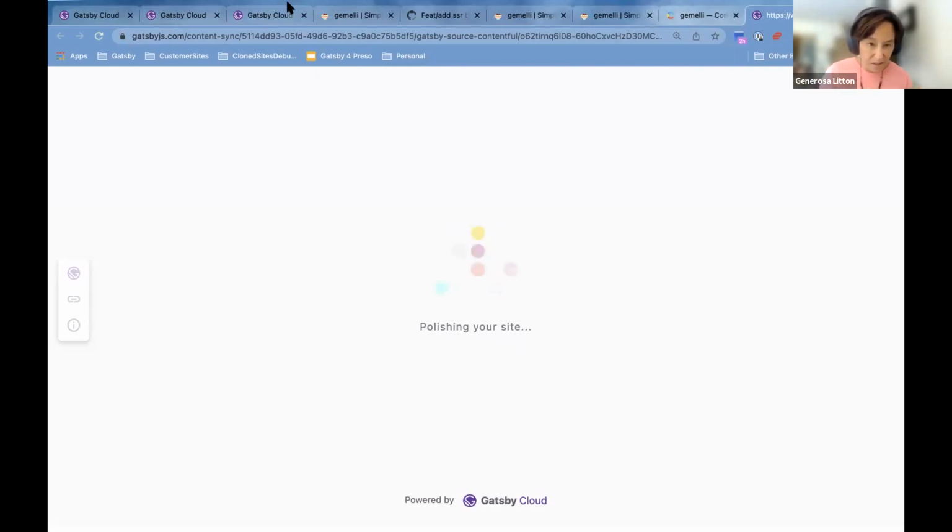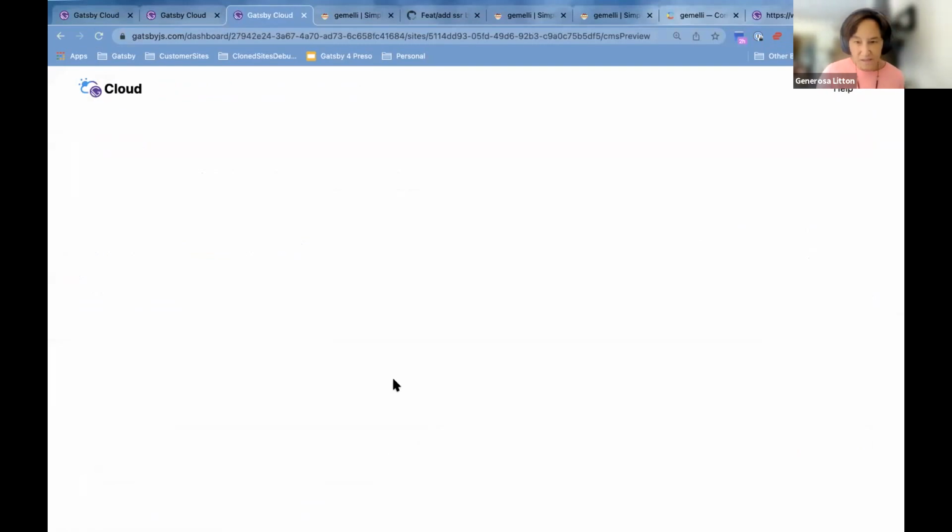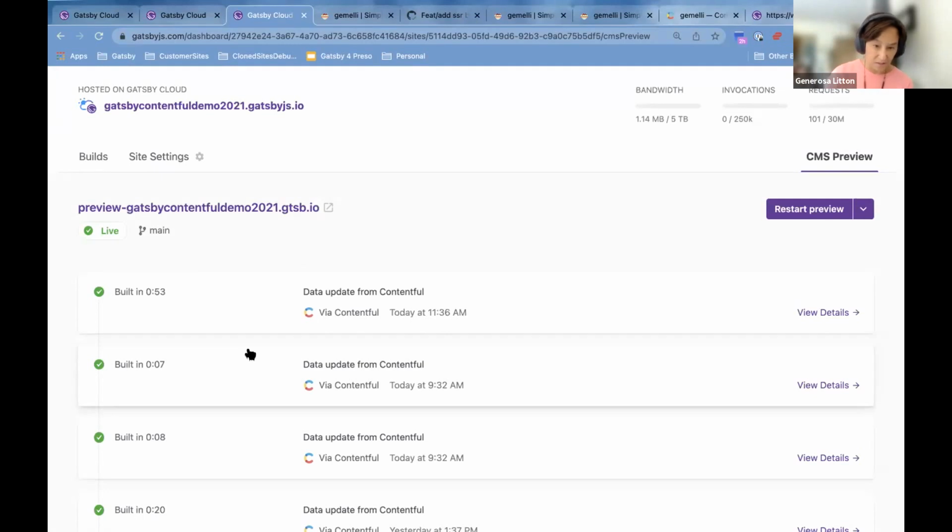I'm now the developer. I'm going to go back to Gatsby Cloud and see what's going on. I know my content creators are working in Contentful. Are they publishing? Are they doing previews? So as a developer, I can also check Gatsby Cloud to see what's going on from a status.